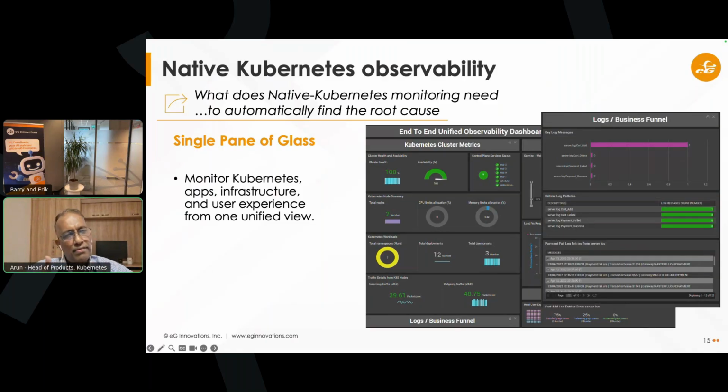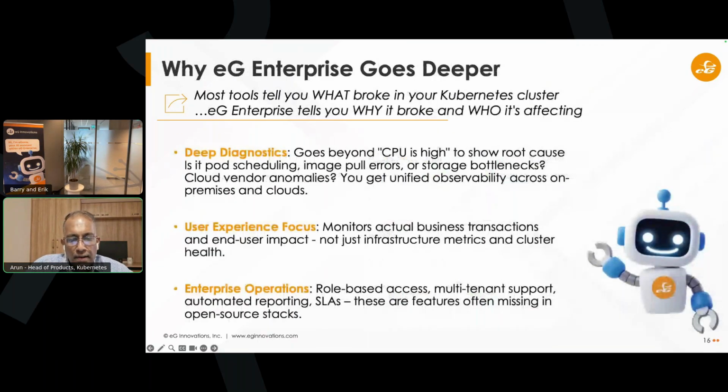Logs and events are really important in Kubernetes, and connecting them back to the metadata, to the namespace, the pod, the daemon set, the stateful set, the replica set, or the deployment is really important. And so now we have talked about the fact that you need native Kubernetes observability, and the fact that you need deep diagnostics is really important.